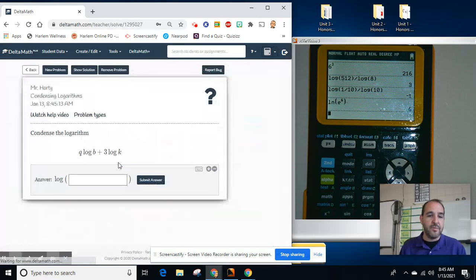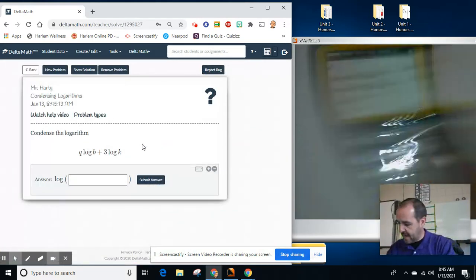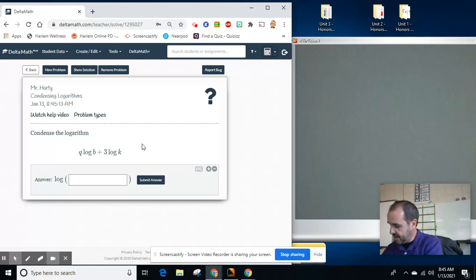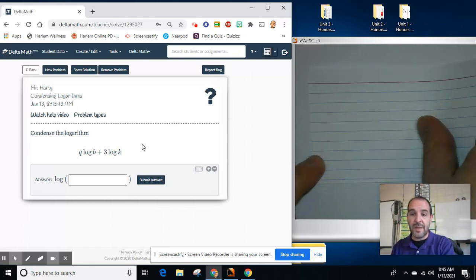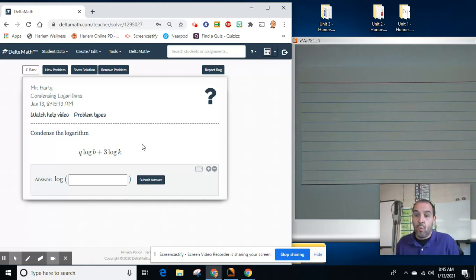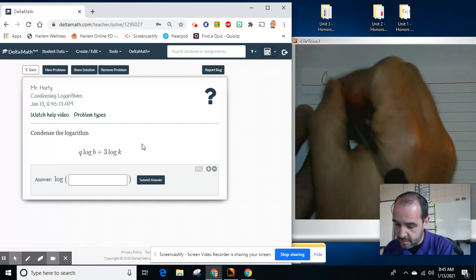Okay, condensing logarithms. Reminder, we're going to create a little mini help sheet here. And if you haven't done this before, I would highly suggest it, because as you're writing the help sheet, you're seeing it, hopefully you're speaking it, and then you're working with it. So you've got all these different things making your brain think about it. So when we condense,